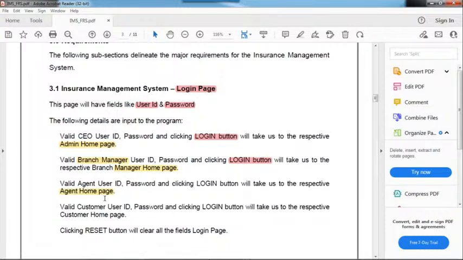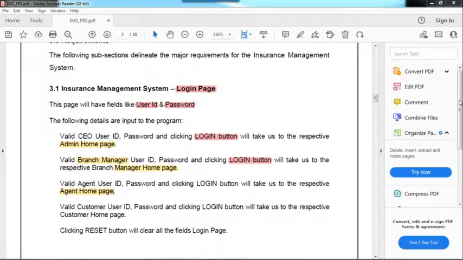So see here, we are not depending on the code. We are depending on the requirements. This is one of the most important points. They will provide the requirements. As a tester, I don't know what code is written in the back end. I just log in with the user ID and password and click the login button. Then it will take me directly to the admin home page, right? That is one of the most important things.